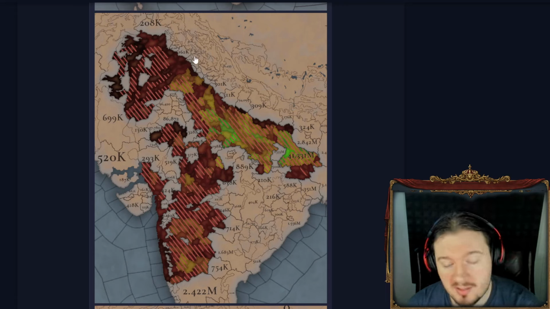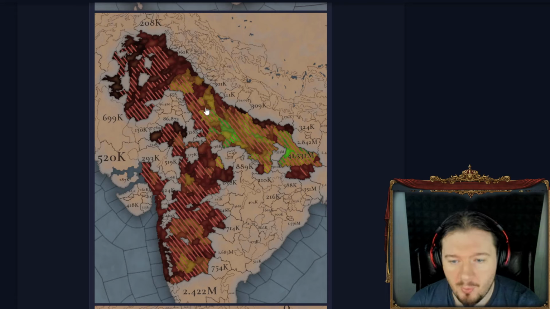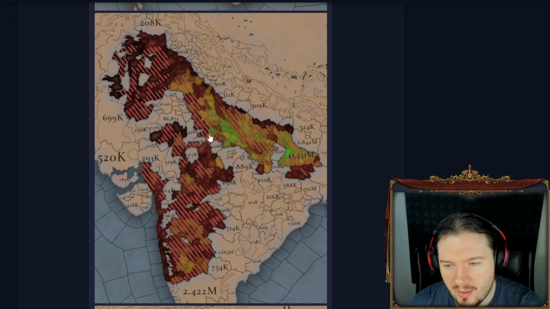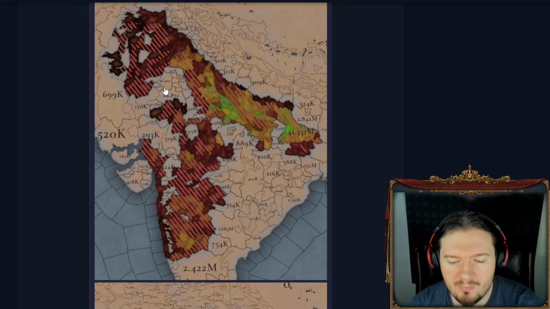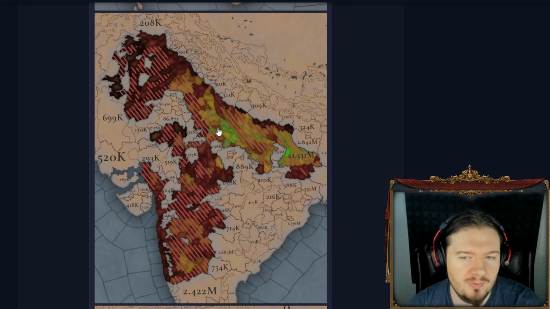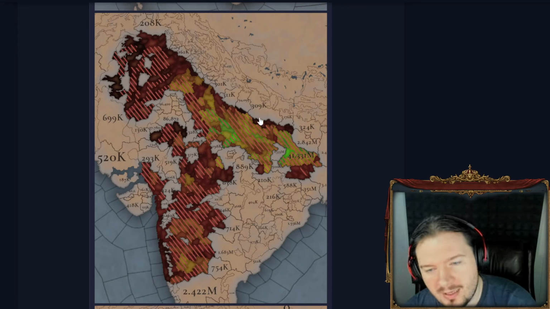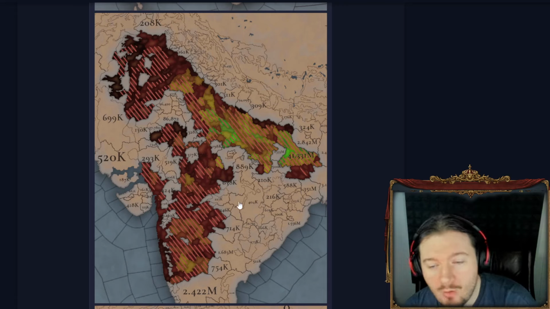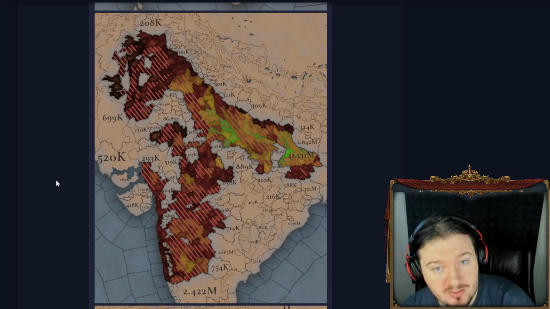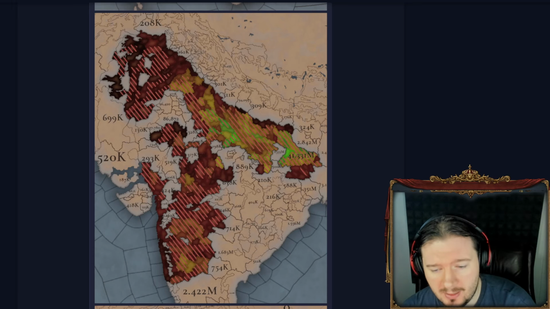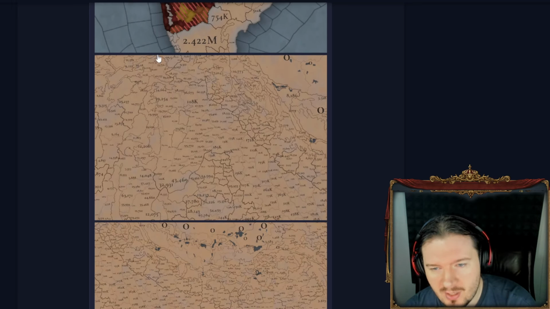When you click on a nation, and in this case it is the Delhi Sultanate, we can see the highest population, which I think is right here. I think this is Delhi. I'm pretty sure this one isn't Delhi. I think this one is Delhi. But either way, you can see the, there's a word for it, the heat map of population, and the striped lines means it is overpopulated. So yeah, you're going to have to build some houses in India if you are going to be playing in this region. And then of course individual